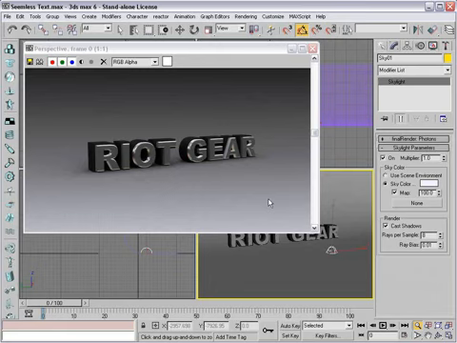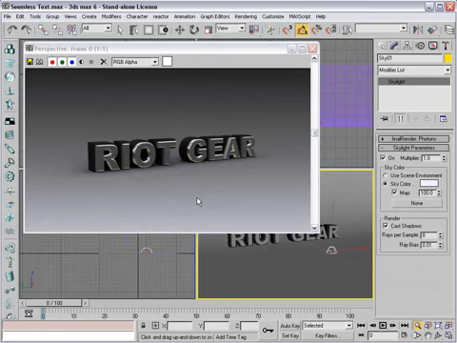And today we're going to take a look at creating some 3D text with a seamless backdrop. Now, of course, this tutorial can translate across pretty much any 3D software out there. You have Maya, Cinema 4D, Blender, and this one and that one, but we're going to use 3D Studio